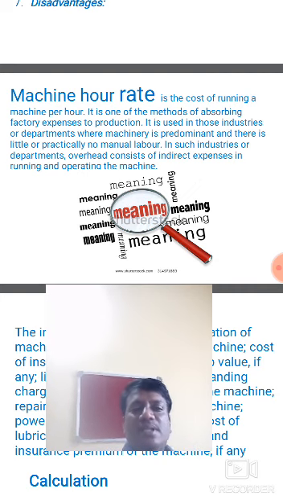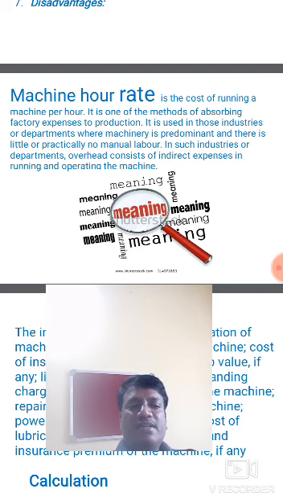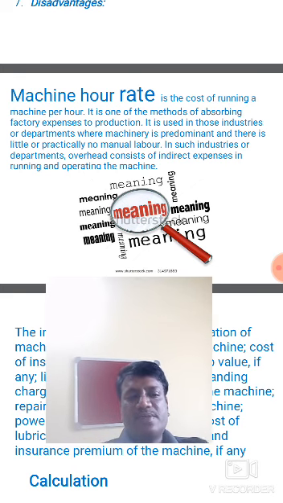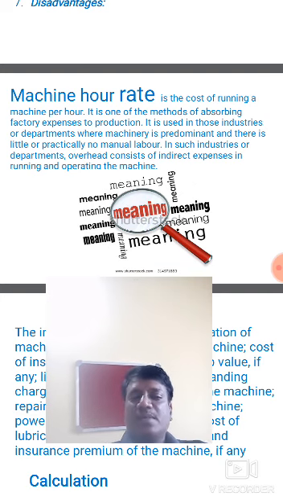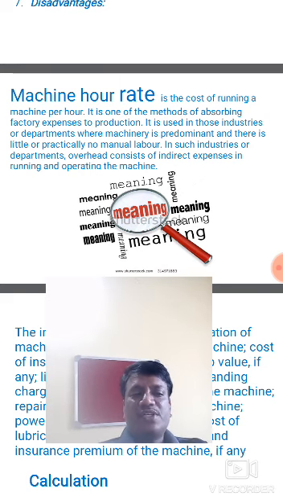It is not desirable to calculate the machine hour rate for the entire factory, but different rates may be calculated according to make, type, size, capacity, wattage, horsepower, and other factors relating to each machine or group of machines as a cost center. Machine hour rate is obtained by dividing the total running expenses of a machine during a particular period by the number of hours the machine is estimated to work during that period.